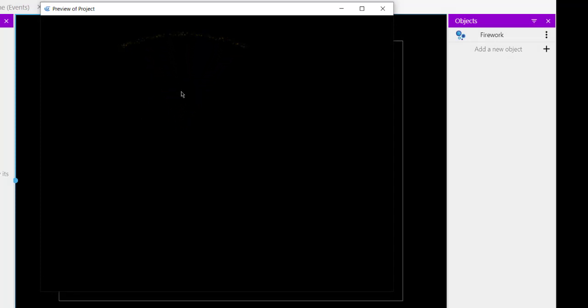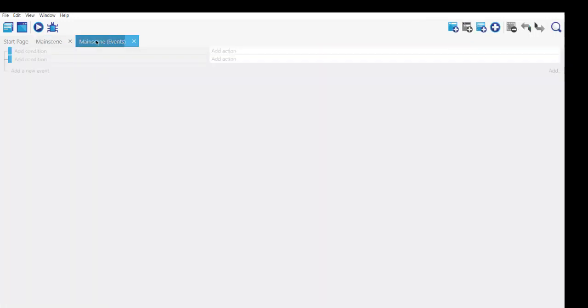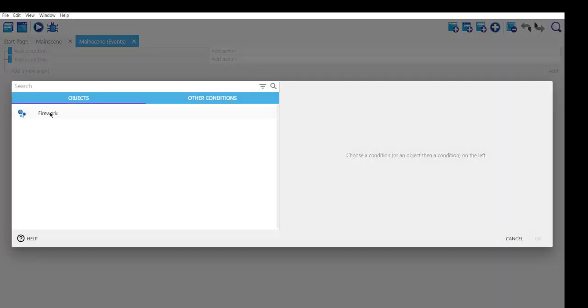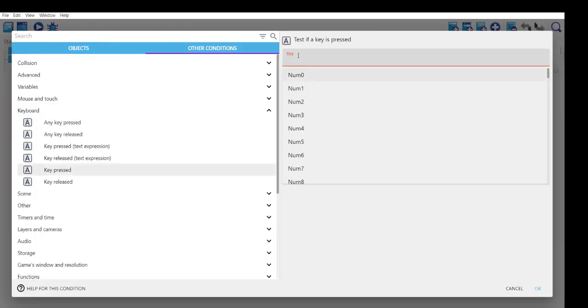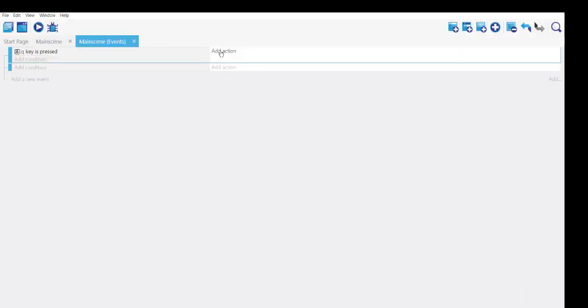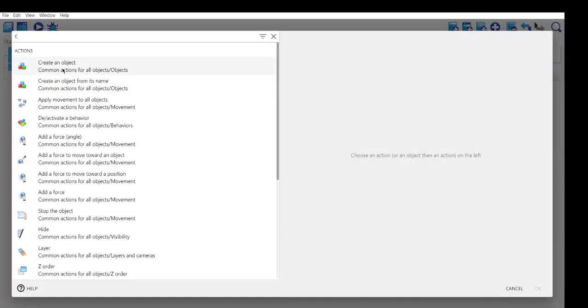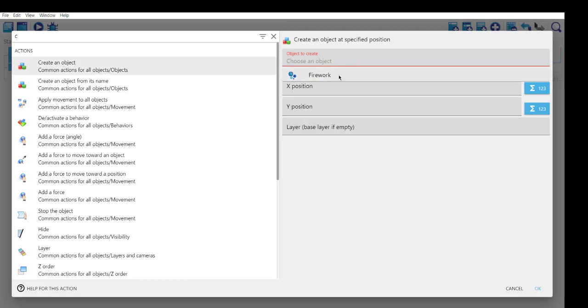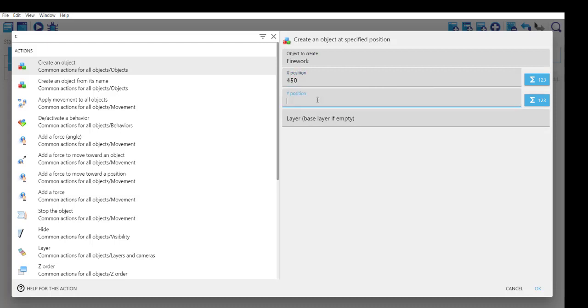Okay, now notice that fireworks effect here. But if you want to set some keyboard press for this effect to work, you can do so. Simply add a condition for fireworks, for which you have to set a keyboard key press, let's say Q pressed. Then what we will do is add an action, let's say create an object. Here our object is fireworks, with position, let's say something like 450,